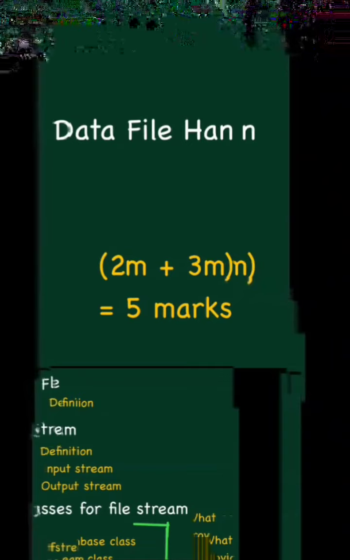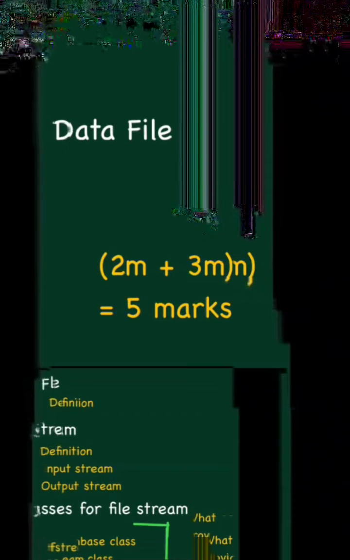Then, what are the basic operations on a binary file? That is also very important. That contains only 3 lines of statements, and you can expect that one. Here, opening and closing files are important. File modes for opening a file are very important for a 3-mark question. You can surely expect this question in your examination, so concentrate on that. These are the important questions from chapter 12, data file handling.